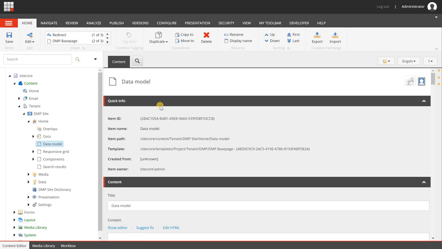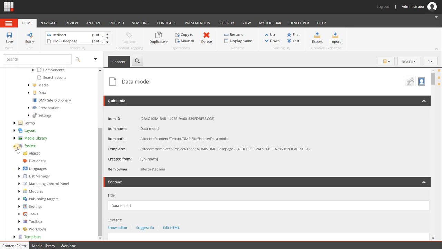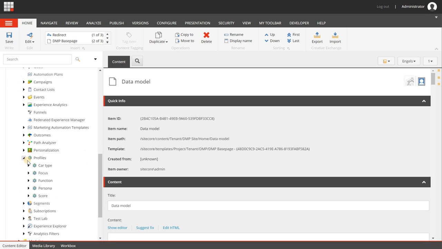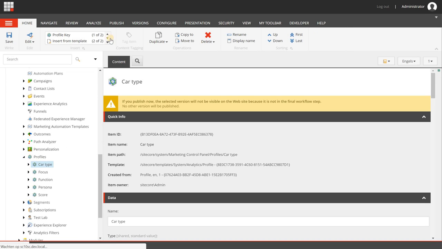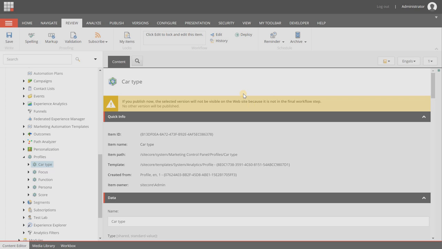Now you can publish this page, but before you do, you need to be aware that your profile card needs to be published as well. I can do that in the Content Editor because I have all admin rights. On the system I have the marketing control panel, and here I have my profiles as well. By clicking on the card type and then going to the review tab, you can see that it needs to be deployed because it's a marketing definition, as it is called in Sitecore, and there are certain specific processes needed here. So I can click deploy, and then I can fill in a comment if I want to,